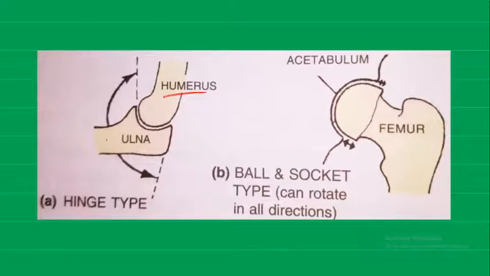So for example, in the forelimb, that is in the hand, the humerus and the ulna are moving like a hinge. So this is an example of the hinge joint, that is the elbow joint. Also the joint between the bones of the fingers and the toes, and less perfectly the knee joint. The hinge joint usually gives sufficient power.